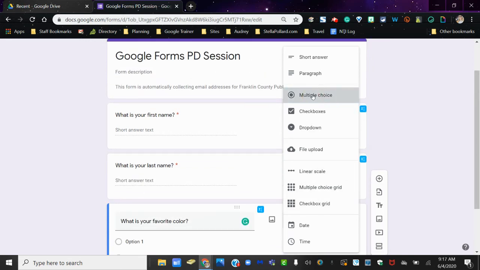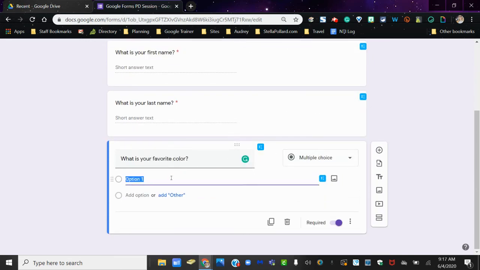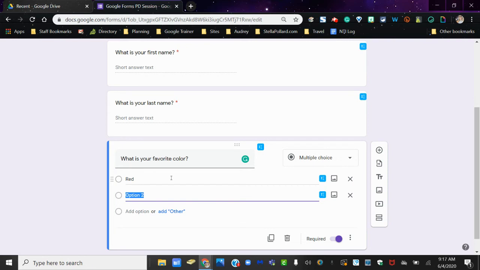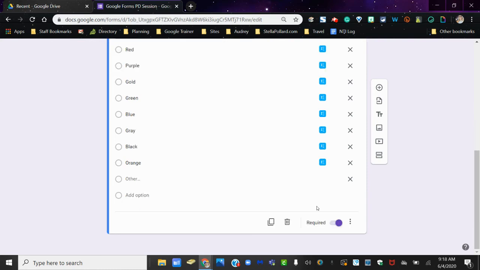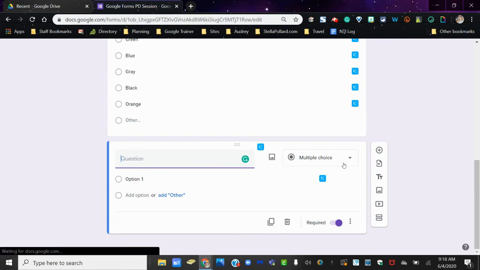So for this one, I'm just going to click multiple choice, and I'm just going to put in some color options. I'm going to click red, and I can press enter, and it will automatically add another option for me. Now I could add as many as I want to, and I could also, if it's a multiple choice question, click other, and that would require them to type it in. After I have that question, I'm just going to click my plus sign, and I can add as many questions